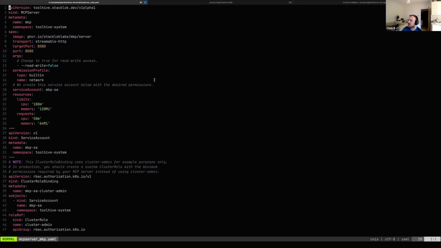So there's a couple more things in there. Just because we want to restrict what access that underlying MCP server has, we created a dedicated service account for it. And we're just saying read, write, false. So that's one of the flags that you give it. And what this will allow you to do is communicate to it via ingress or port forwarding, and just naturally,